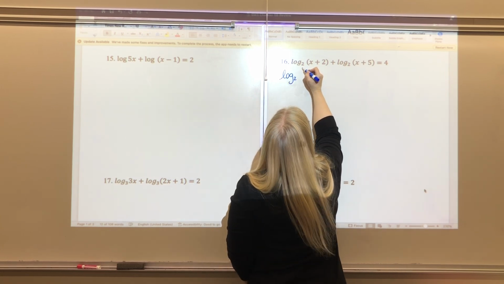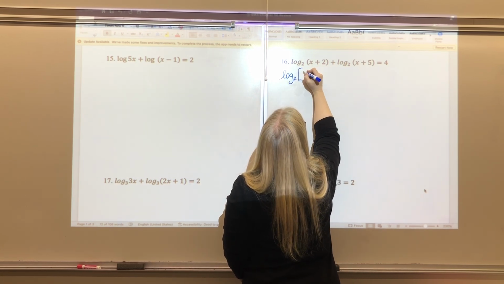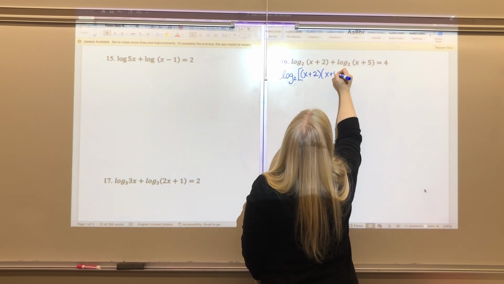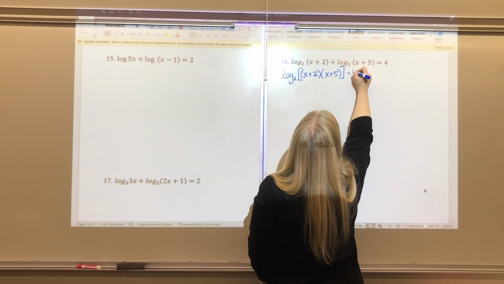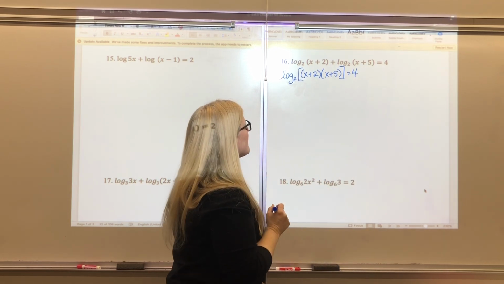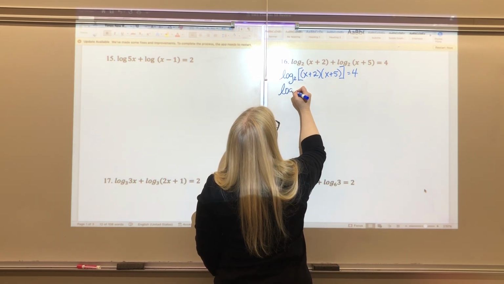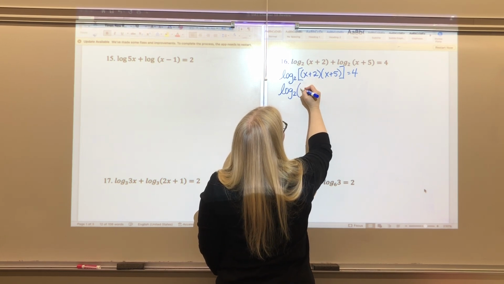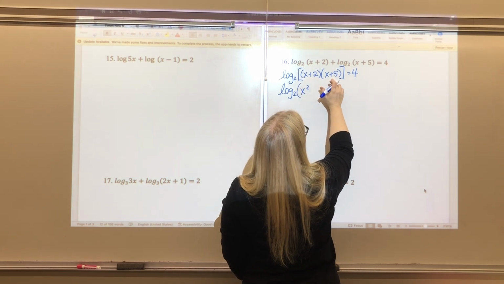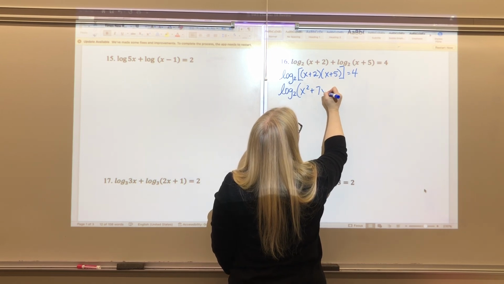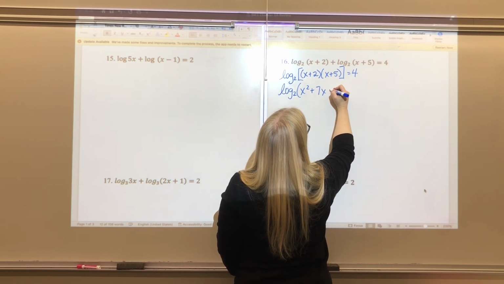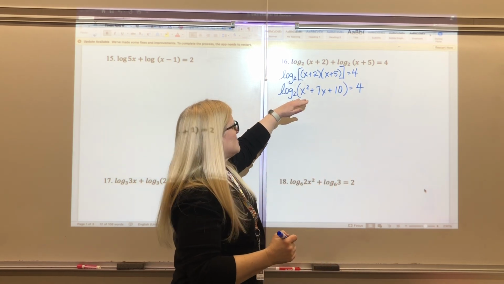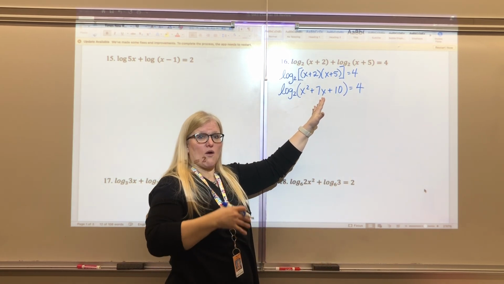And I know since it's addition, that I'm going to use multiplication here. Okay, so I have log base 2, and I'm going to FOIL this. And when I do, I get x squared, 5x plus 2x is 7x, plus 2 times 5 is 10. So now I've got my log of one thing, so now I can